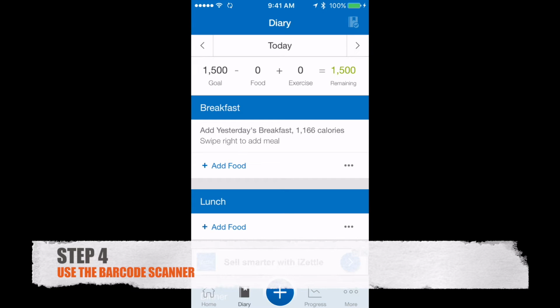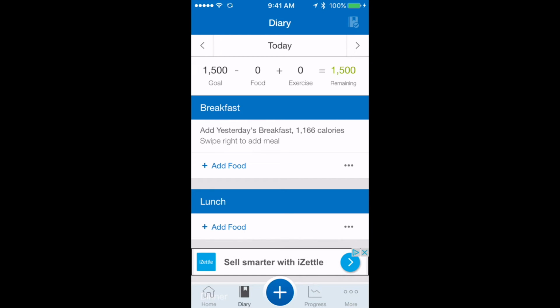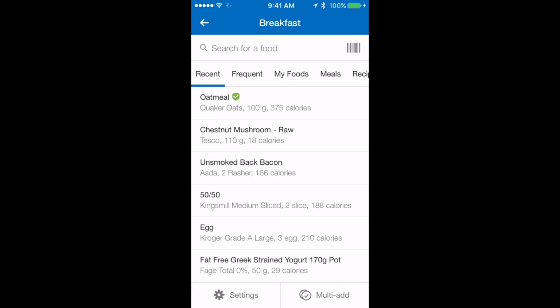Hi guys, so another great tool that MyFitnessPal does have is the use of a barcode scanner. To use this, it's really straightforward. You would add food and you would click the barcode icon just alongside search for a food,